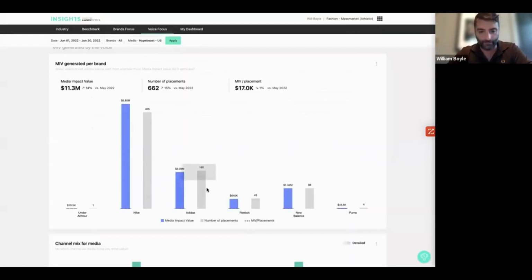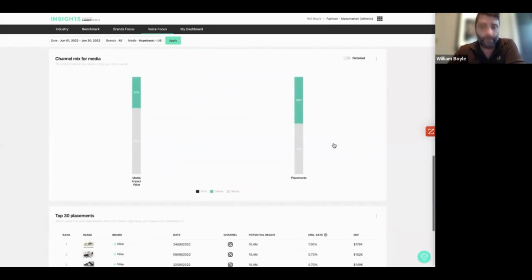The same goes for any of these, right? I can click through and see for Puma, they've got 4 with around 45K, and then 86 for New Balance with 1.3 million. So I think this chart in particular can speak to different teams in a lot of different ways. If you're an editorial team or a media buying team and you're spending money with some of these, we want to know editorially how much are they featuring us, and really evaluate that partnership.